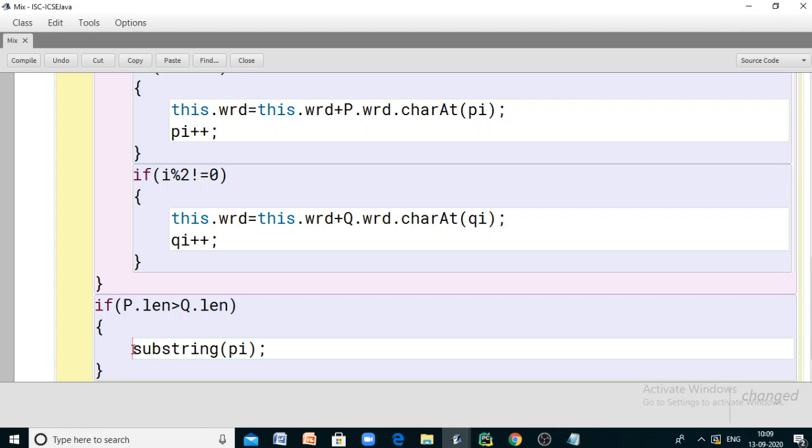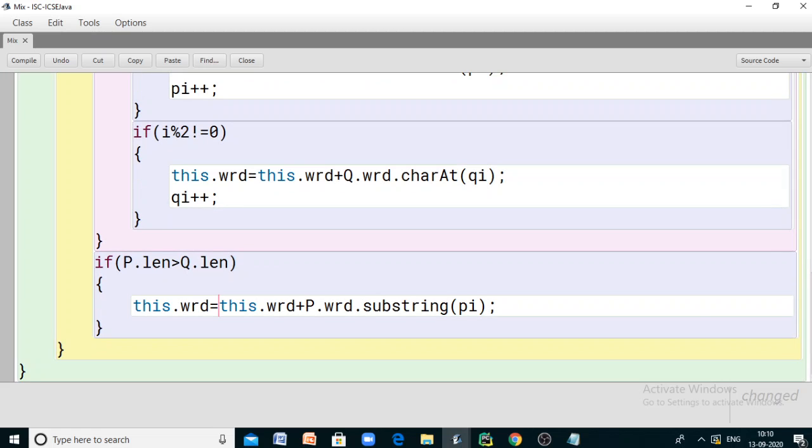And now how to call this substring? By using P dot word dot substring of PA, and add the result to the resultant word, that is this dot word. So this dot word plus P dot word dot substring of PA, and store the result into this dot word. So this is when the word member of P is longer, that means when the first word is longer. Then